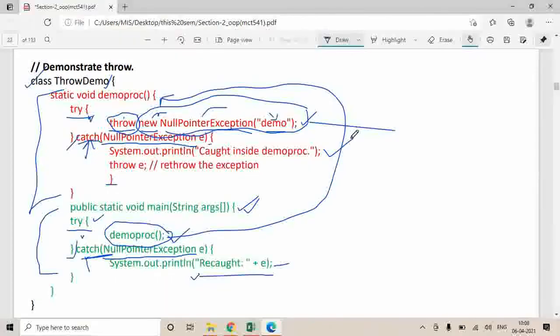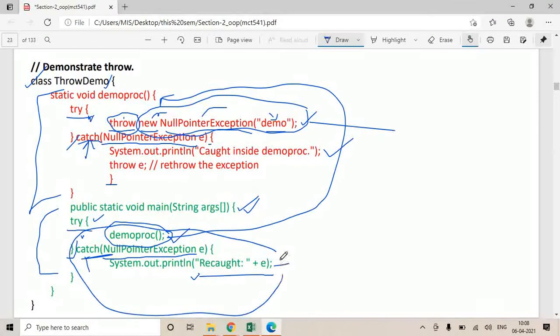Now if you want this particular exception handler to also get executed when an exception arises over here, then you have to rethrow the exception. How to rethrow? Throw keyword and exception e. Whatever exception you have thrown over here, the same exception you are throwing again.